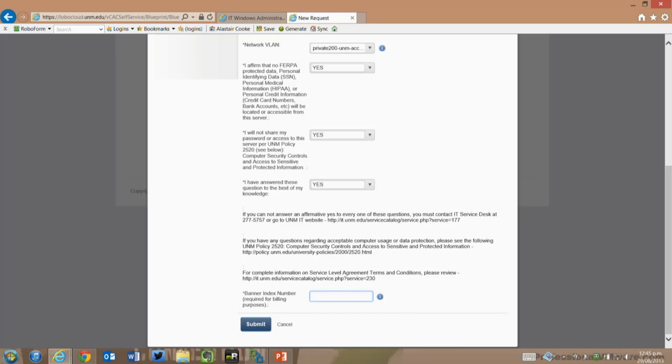Another thing is we have index codes. That's how we bill our customers, right? So that's what our primary job is right now, is we're providing infrastructure for all these different departments around UNM, so we have to have a way to tie that to a billing. So we're able to gather that index code during the provisioning of the VM. So they can go in, they can fill in this field, put the information in there, and then at this point, they can hit submit, and what ends up happening is an email is triggered off, one to the person